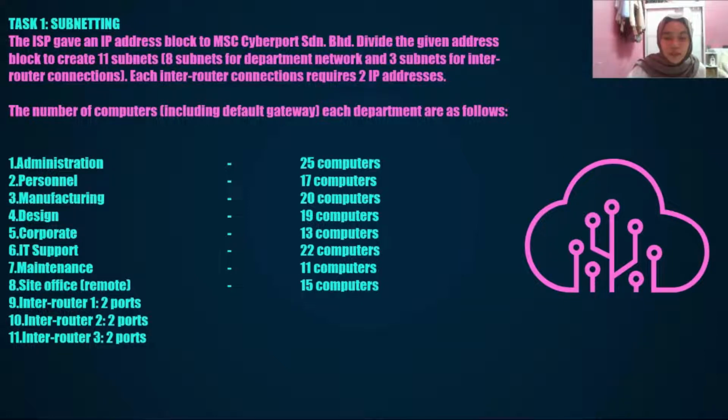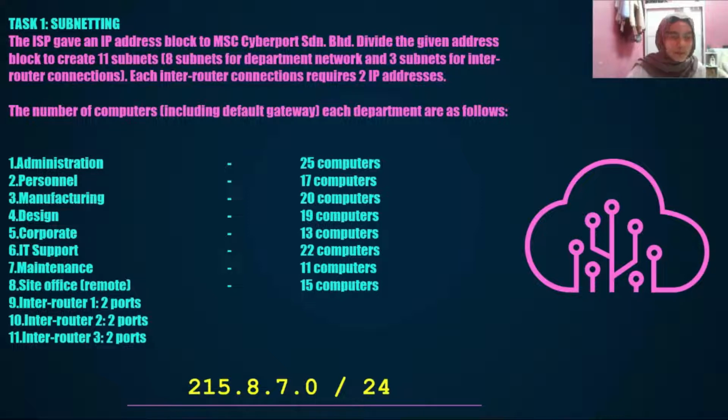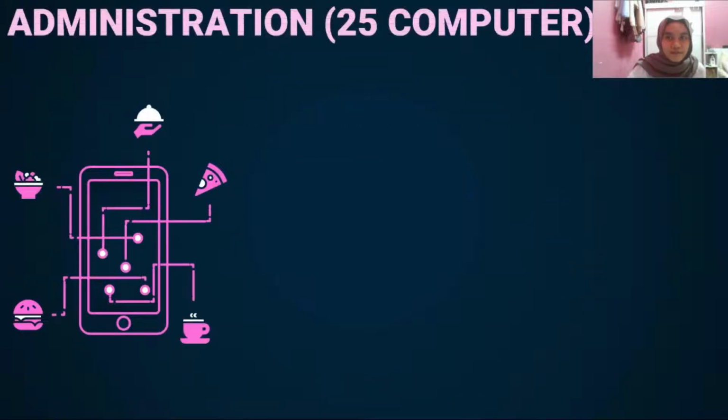Our group has been given an IP address, which is 215.8.7.0/24. The first one will be the administration. The administration has 25 computers, so we are going to find the subnet mask by using this formula, which is